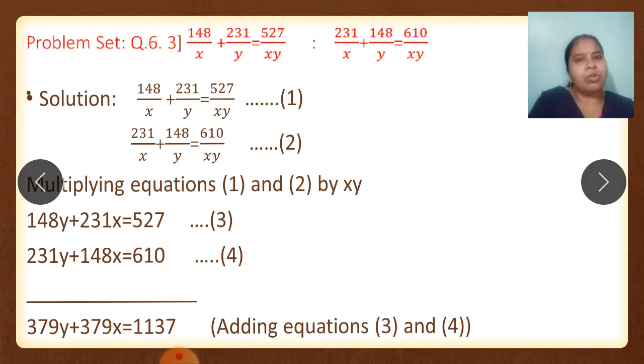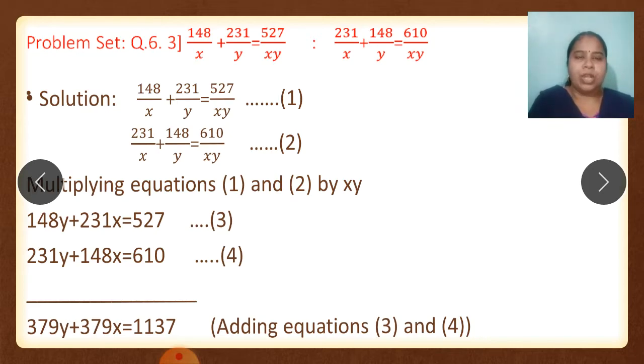Now here also, if you want, you can write the x coefficient first and then the y coefficient. I have not done that because here it is addition throughout, so it doesn't make any difference whether I write x first or y later. Okay. So I am leaving it as it is and numbering them as equation number 3 and equation number 4. What you do after this is, see, these terms are identical now, 148 and 148, coefficient of y and coefficient of x. Same way here, 231 and 231. So I first only told you, you have to use the ASA method, that is addition, subtraction, addition method.